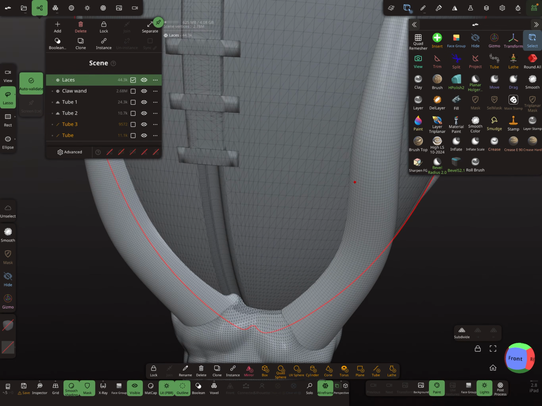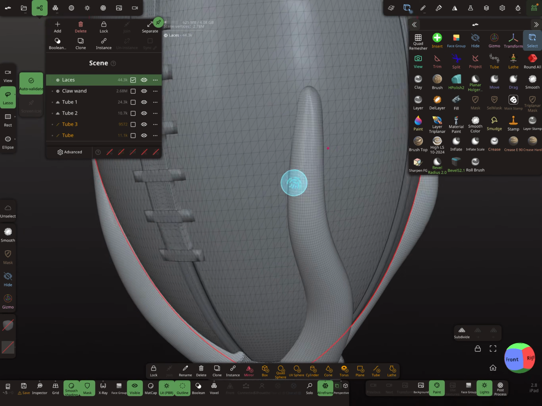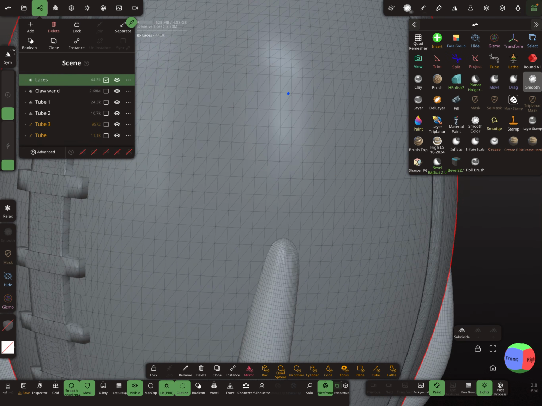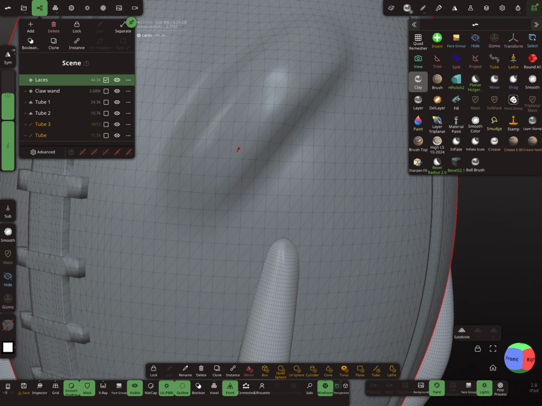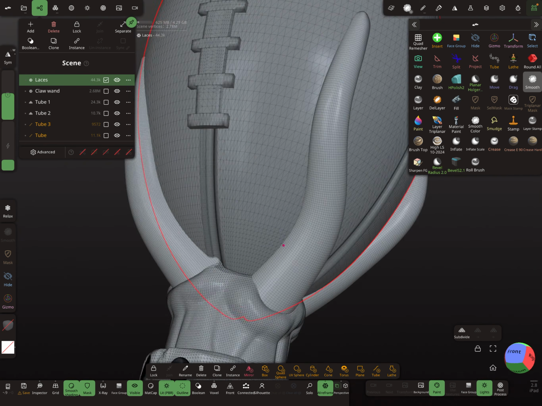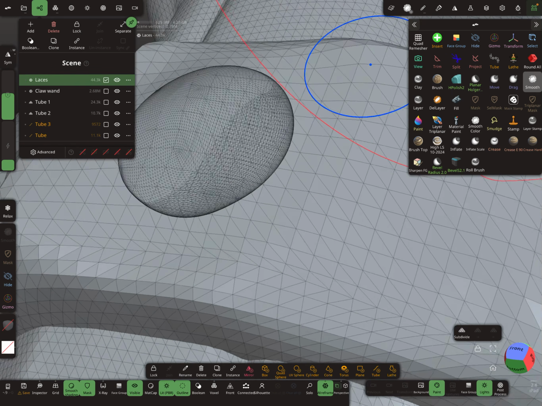And I think those meshes are now okay. So now smooth should work. So now the mesh is connected. And this mesh here,